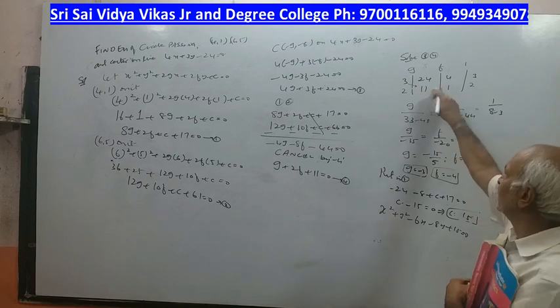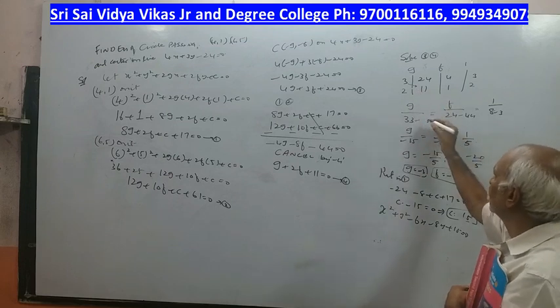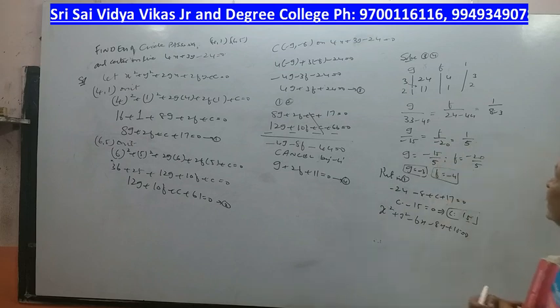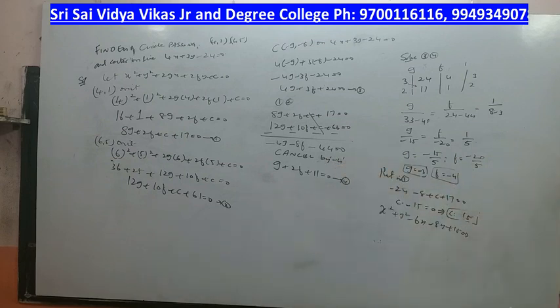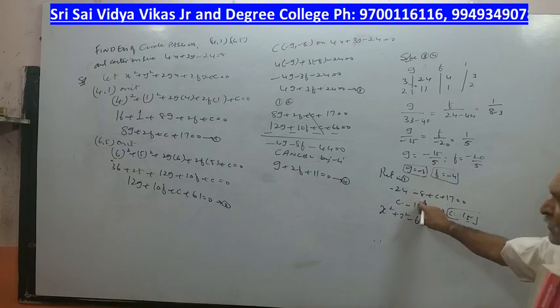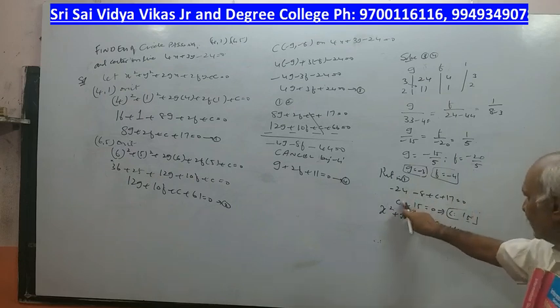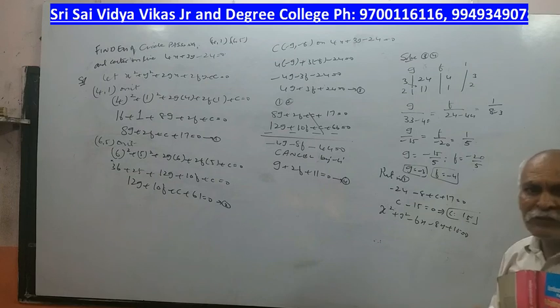3 into 11 minus 2 into 48. Similarly, f by 24 minus 11, 44. So minus 20. So g value minus 3, f value minus 4. Substitute in the first equation. First equation is 8g plus 2f plus c plus 17. So minus 24 minus 8 plus c plus 17. What is the c value I get? 15. So we get the circle equation.